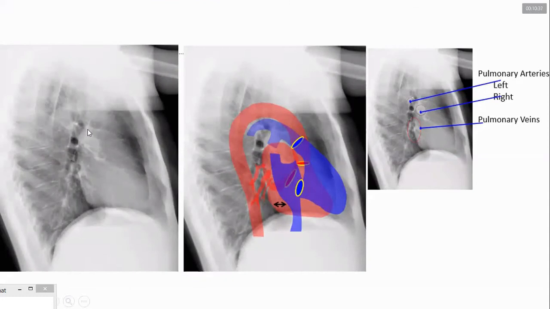And now about the great vessels and the air tract in the lateral view. Here we can see the pulmonary artery bifurcating into the right and the left. We can also see this is the left and this is the right. The right pulmonary artery is superior, the left pulmonary artery is inferior. And similarly, the opening of the pulmonary veins is here. And similarly, you can see the airways, the bifurcation of the trachea.